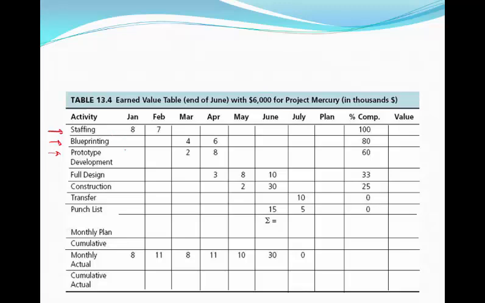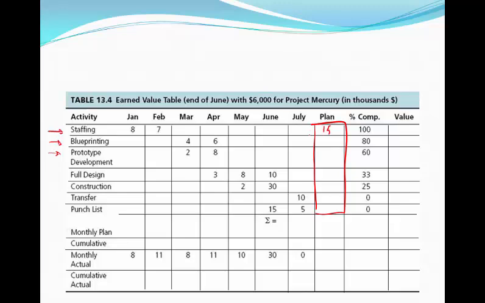So having said that, let's start filling in some values here as we work towards figuring out what the earned value on this project is. The first step is we need to figure out what our planned values are for each activity. To figure out what our planned value is, we've got to add up the total cost of each activity. So for the staffing activity, the planned cost is, as we mentioned,